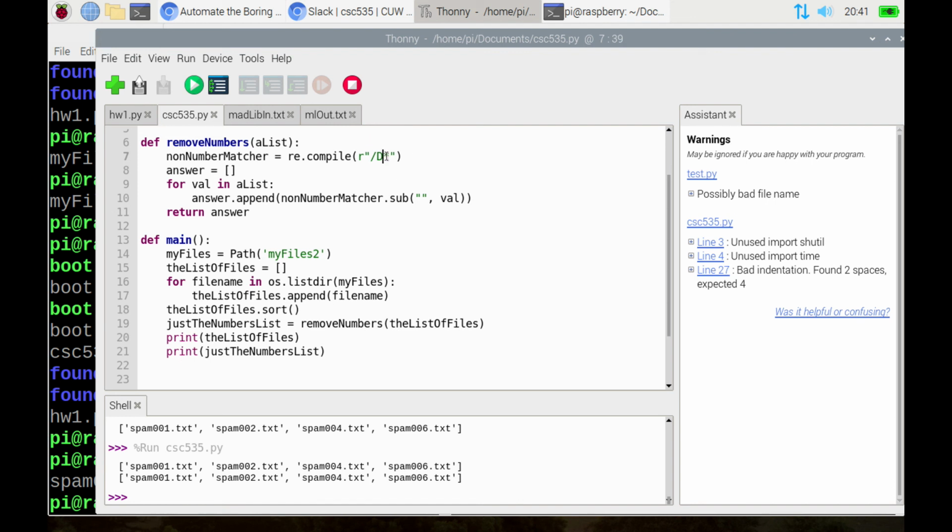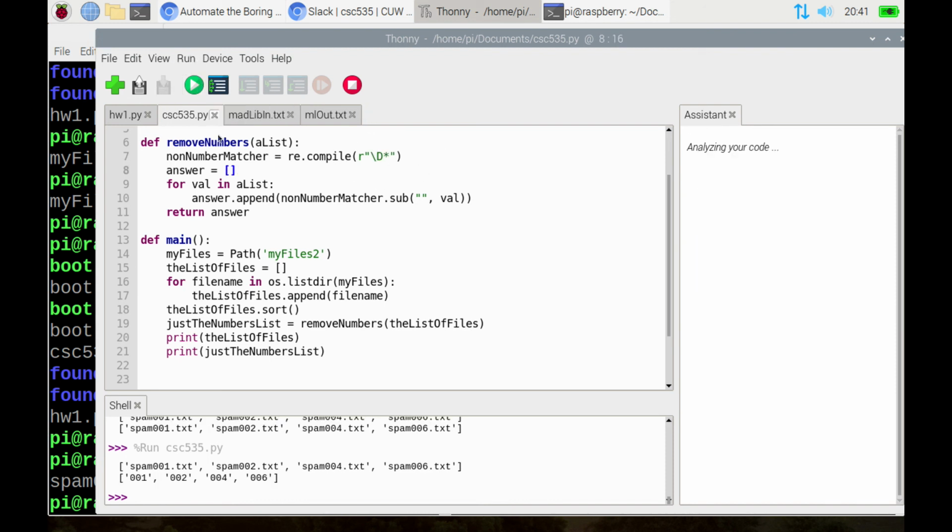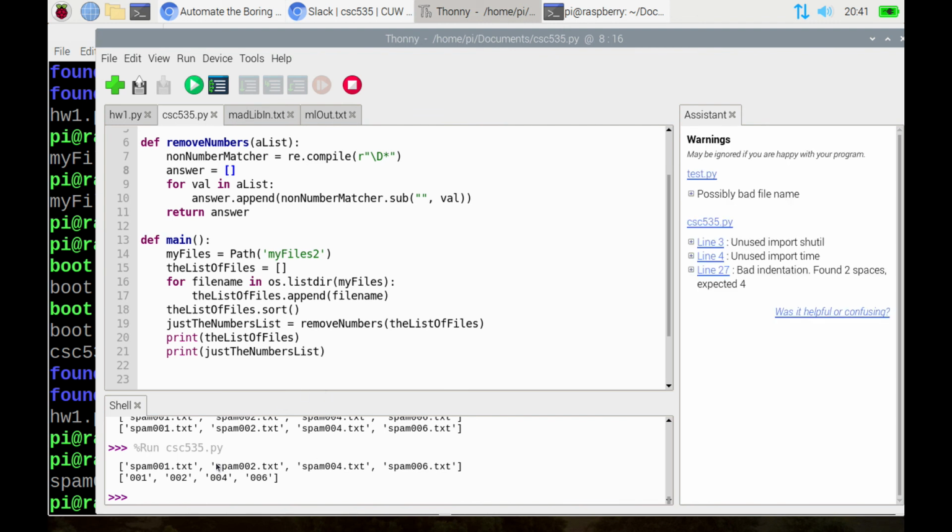This should match. I think it's the other. Oh, backslash. Thank you. There we go. All right, so now I have, notice these two lists are the same lists, right? Just the second one has only the numeric parts of those strings. Okay? Now,